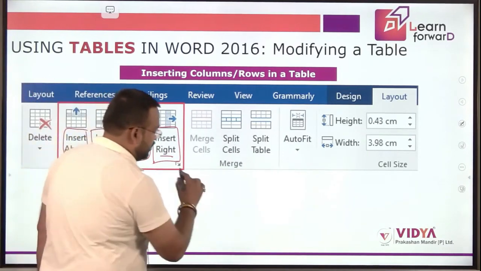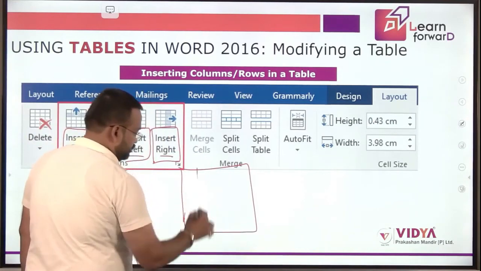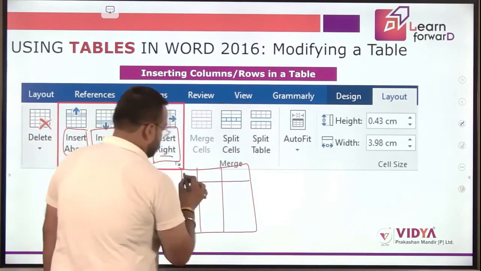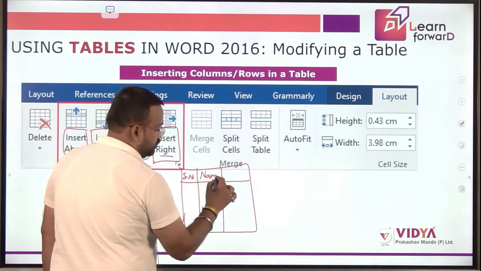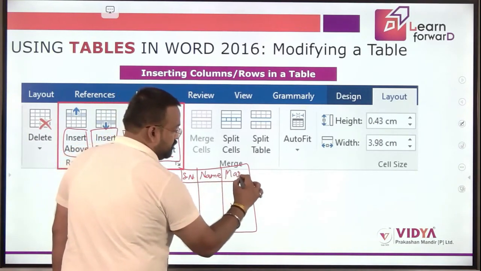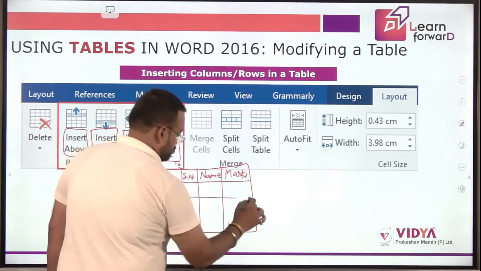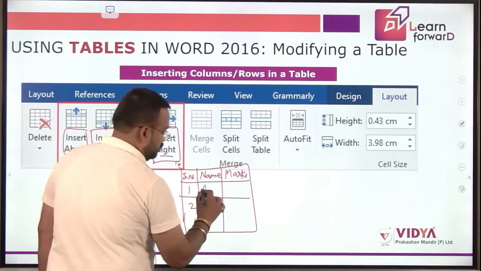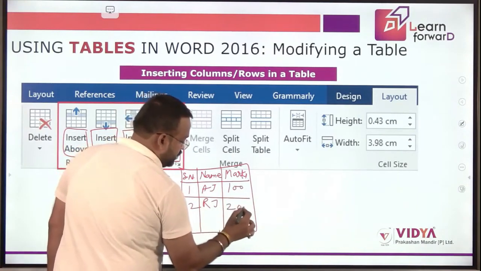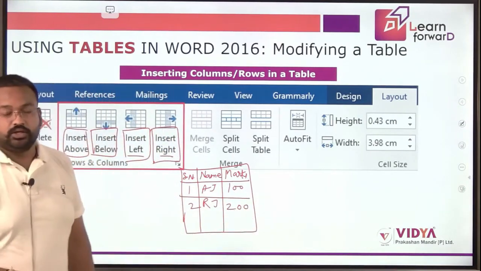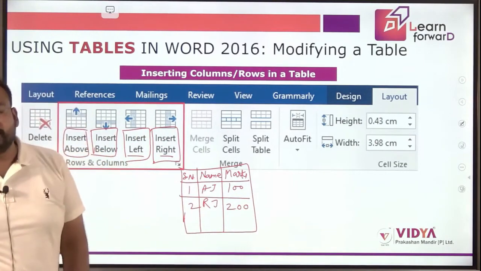So earlier our table contained 3 pieces of information: serial number, name and marks. There were 2 rows, 1, 2, he has 100, he has 200.